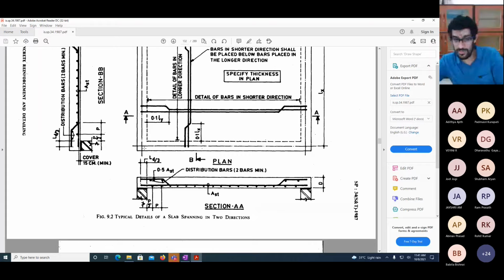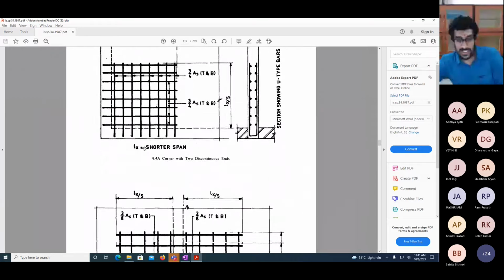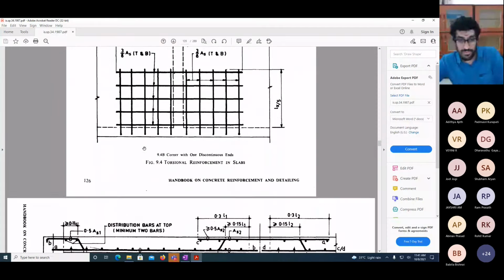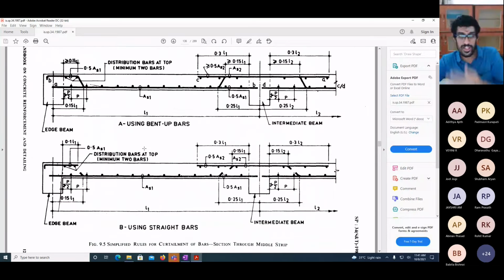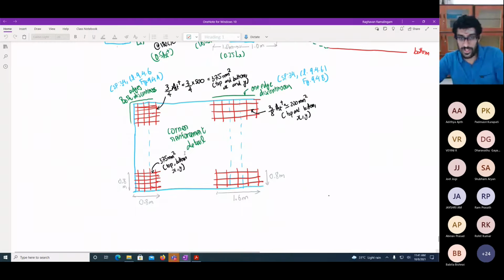This is for simply supported slabs, but what we had was a continuous slab in our problem. For a continuous slab you have more supports going across, so you have one support here, another support here, and similarly you may have supports for some more distance. In such a case, this is a one-way slab. So what I have drawn over here is